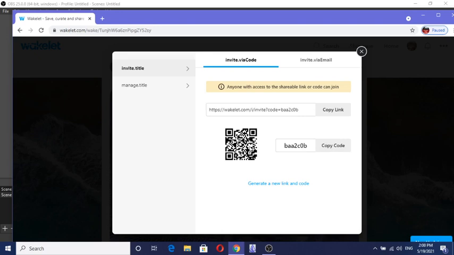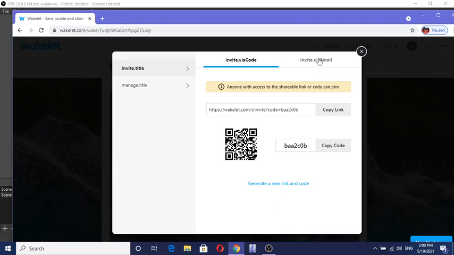And third option is QR code. Just copy this code, go on wakelet.com, you will go to the option upper right hand side, enter a code, click there, put this code, then the site will ask your name, put your name, and you will directly go to this Mahatma Gandhi collection. You may add any item, that means any link, text, video, audio, anything in that collection.